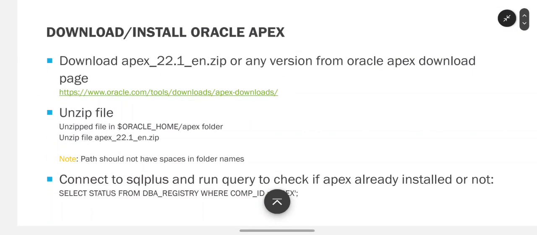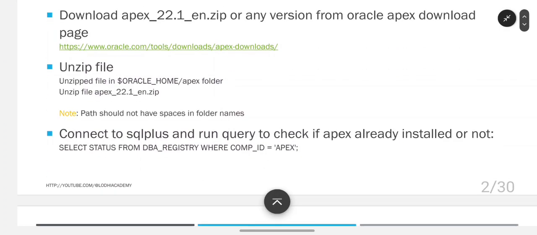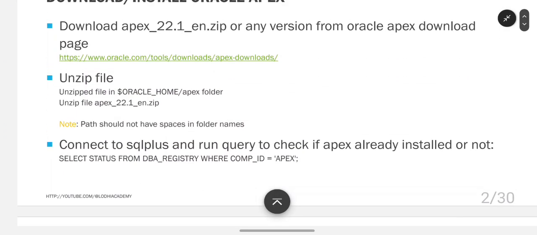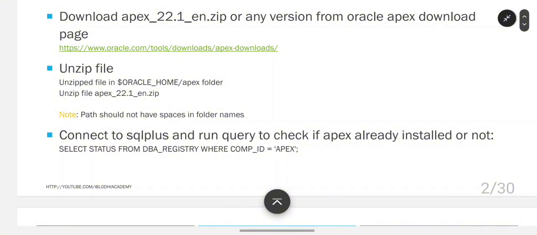This is download and/or install Oracle Apex. We can download whichever version we like from the Oracle Apex download page, mentioned here. And then you can unzip the file in Oracle Home. I recommend in the Apex folder. If there is already an Apex folder, you can copy or move the existing files to any other folder as a backup if you need. And you can unzip the